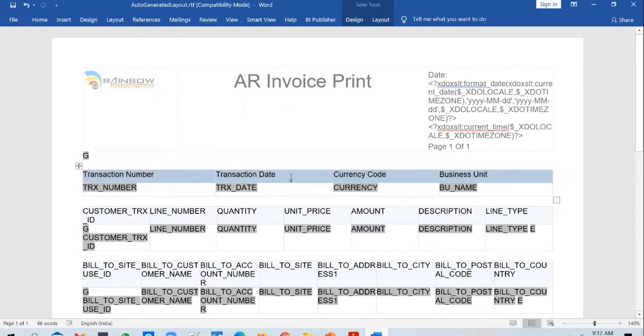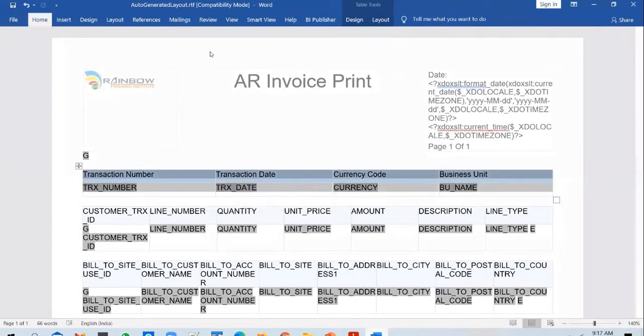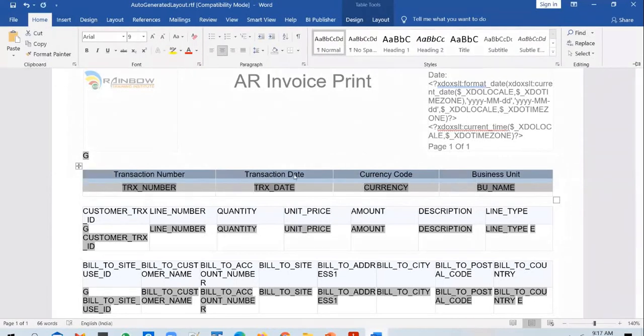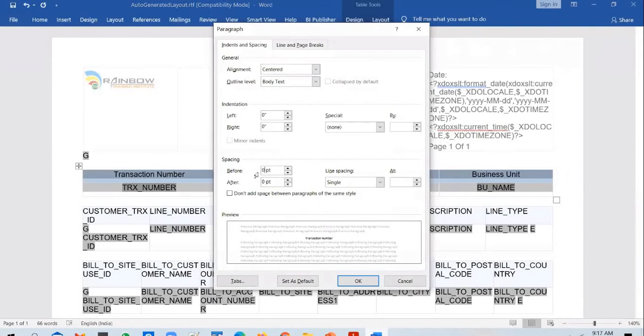So you say 0.2 and the rows are looking neat and clean now, right? It is not too small, not too big. And again, I want to align these fields to the middle, and I want to give a bit of spacing before and after the lines are printed.